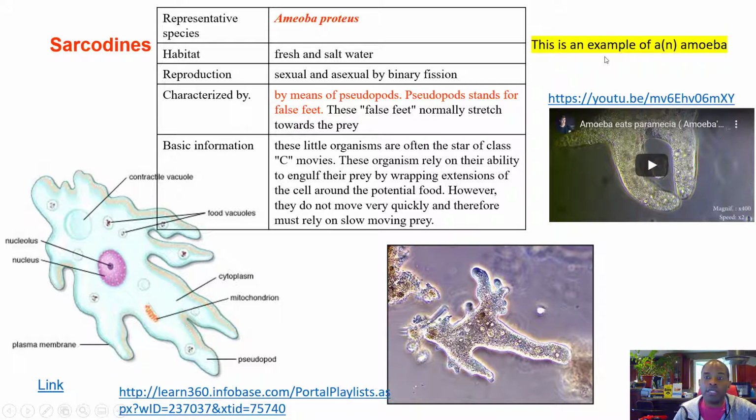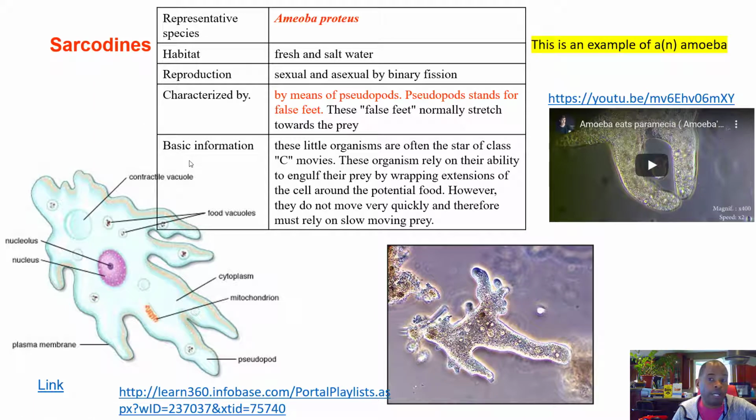One of them was, this is an example of an... So in class, we would have looked at amoeba, paramecium, euglena, slime molds. We would have seen them, explored them. You would have been very familiar with them. So it's understandable that it would just be another slide, another picture, and you wouldn't notice it as well. But this is something we will talk about in grade 12 bio.